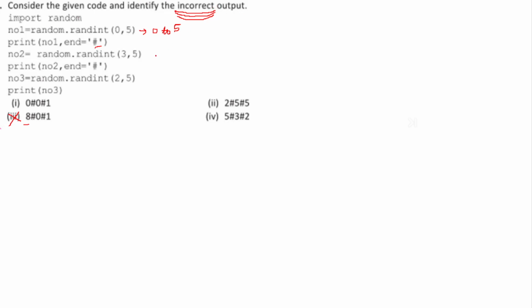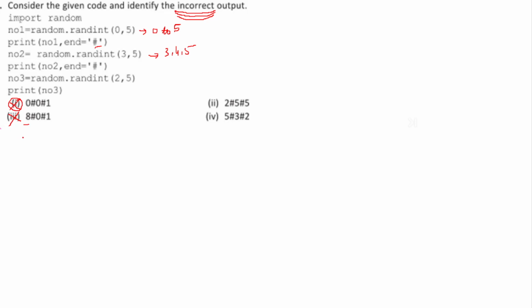Anyway, we will complete the question. So number 2 equal to random dot randint 3 comma 5. So it will have a value 3, 4, 5. So number 2 should be anything between 3, 4 and 5. Considering that, even option number 1 is also incorrect.